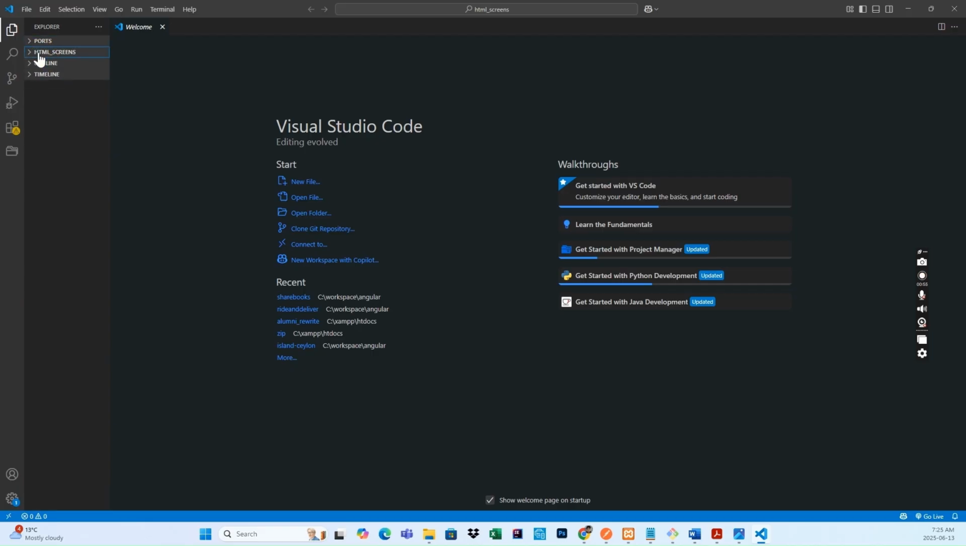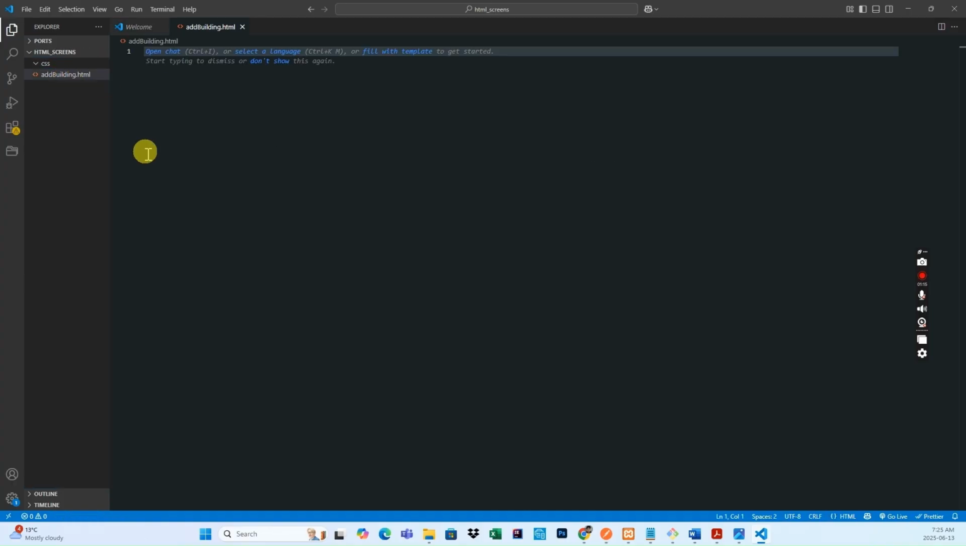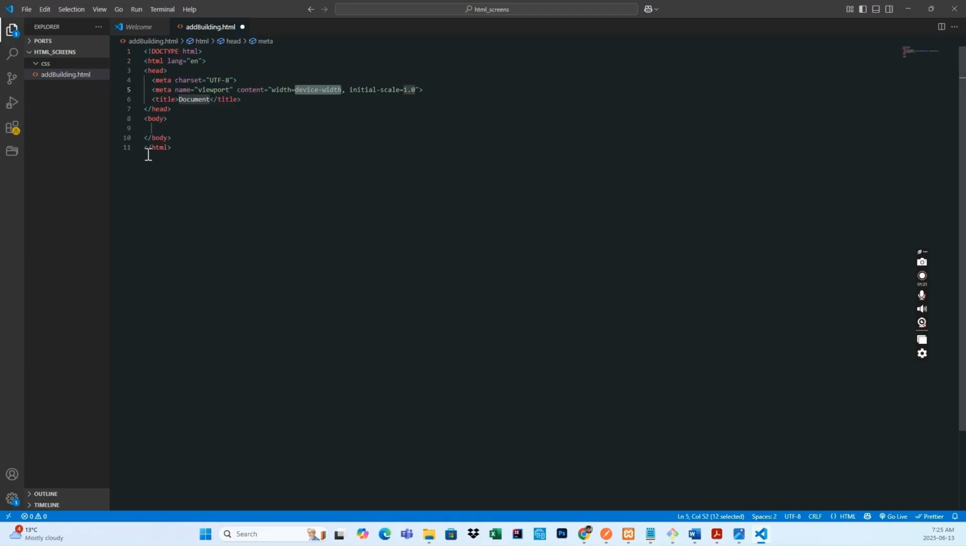So we are going to create one HTML file directly under the HTML screens folder. New file. I'm going to click new file, and I'm going to name it as add building dot html. And in Visual Studio Code we can easily create the HTML template using just the exclamation mark. So it will create this template. So I'm going to rename the title to add building,